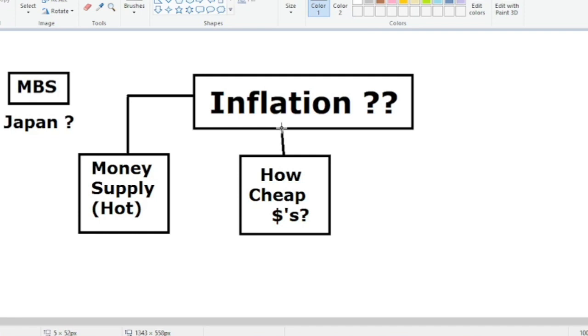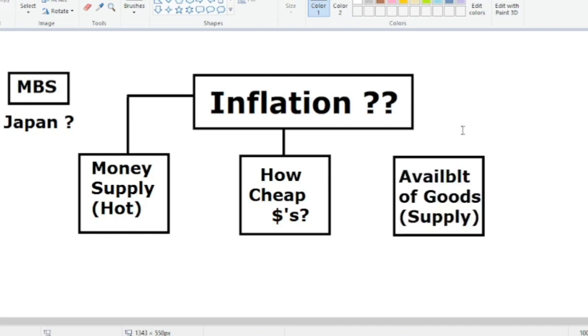You could even print money, give it to your citizens directly, as we saw a few years ago. And if interest rates are skyrocketed, and there's another equation here, and I'm going to print that up here real quickly. Here we go. Availability of goods. Or your supply chain. That can actually not just be the supply chain. That can actually happen in a number of ways.